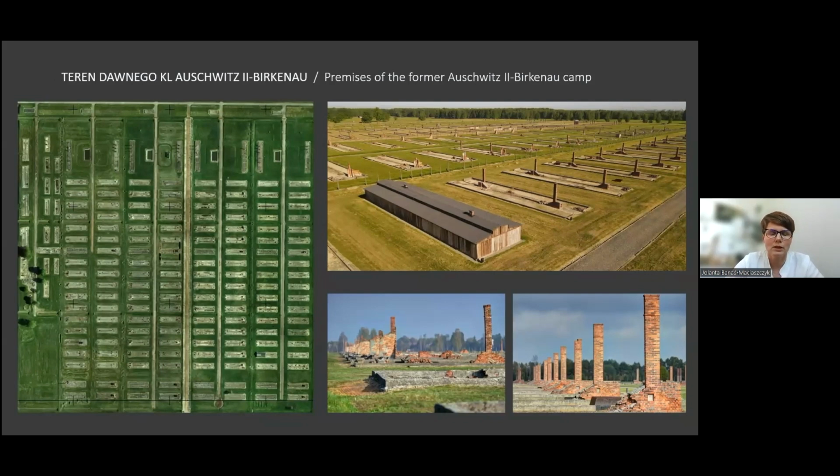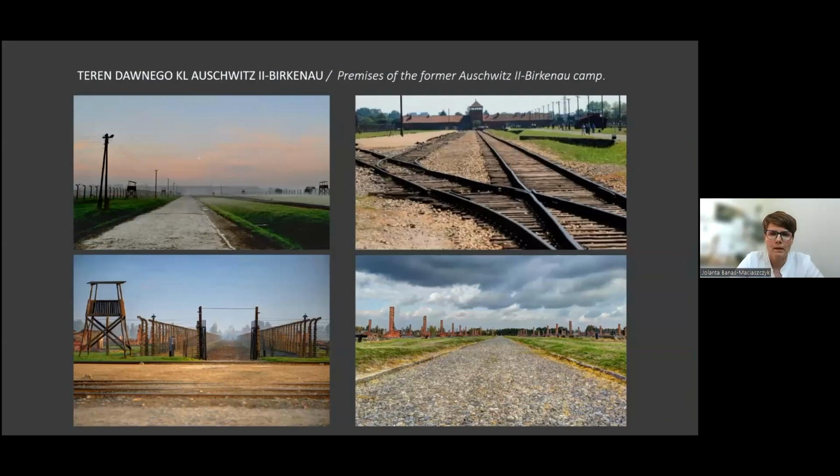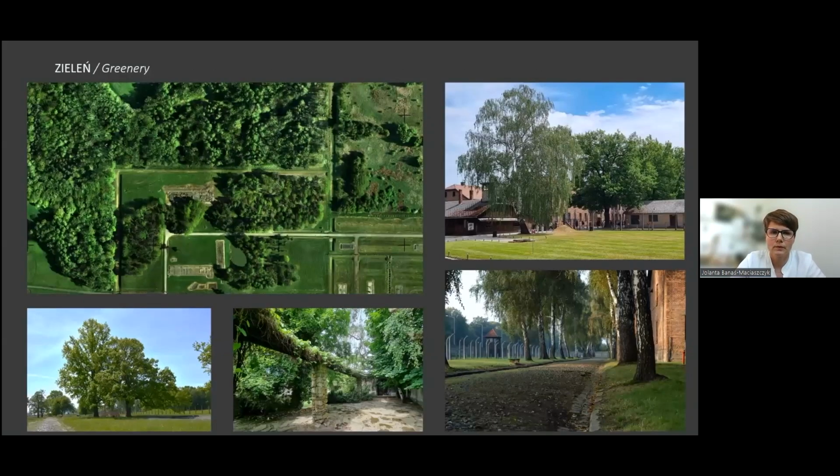By now, around 210 relics of the no longer extant wooden barracks still stand. Former Auschwitz II-Birkenau also has fencings, dewatering ditches, and also a pumping station and sediment collection. All that is building infrastructure that in the past was necessary for the camp to function. Greenery is also a very important element of the historical landscape, and we protect and conserve it.